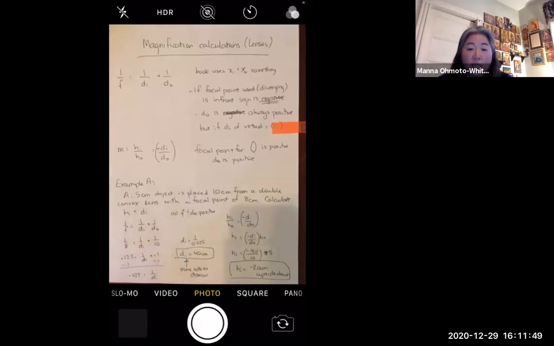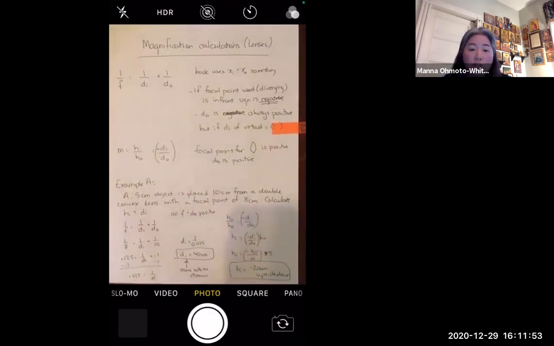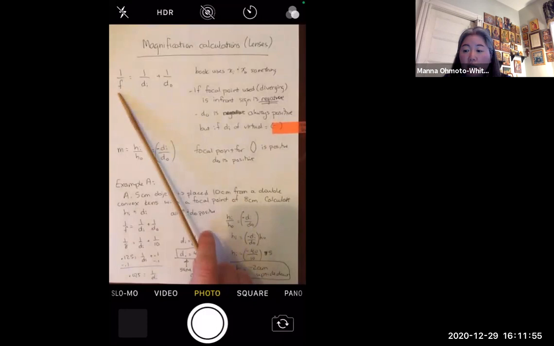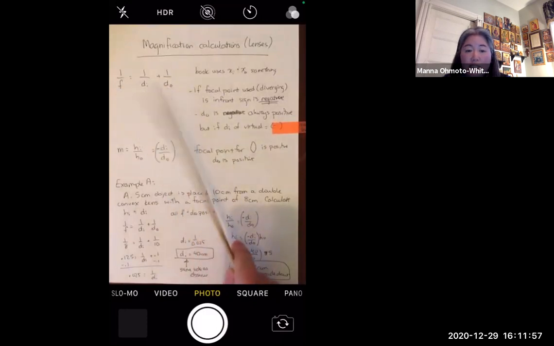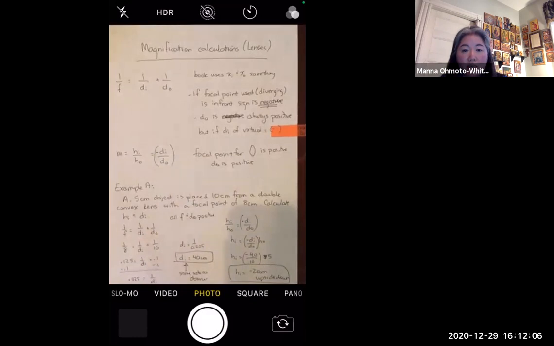Magnification calculations with lenses. So we are using the same two equations, the equation that has focal length and the distances, and the magnification equation. The other differences have to do with what becomes a negative sign. So if the focal point that is used is in a diverging lens, then the sign in front of the focal point is going to be negative,